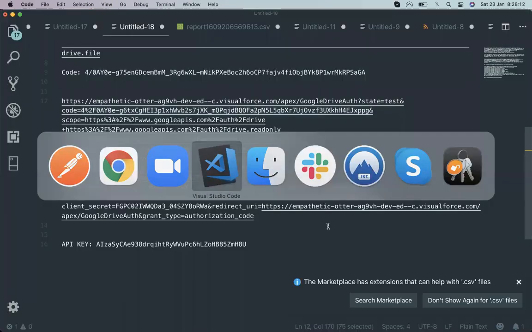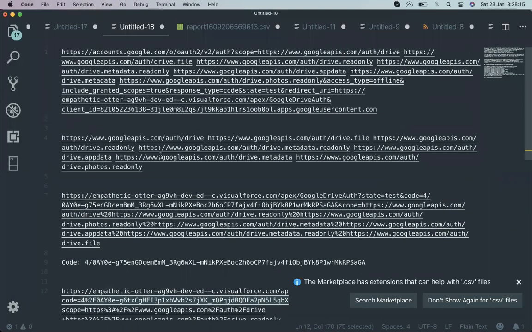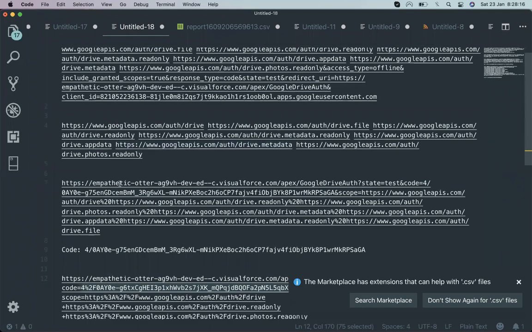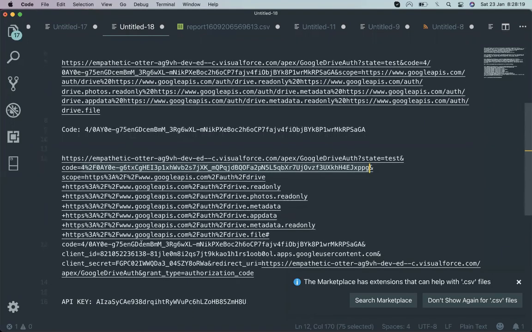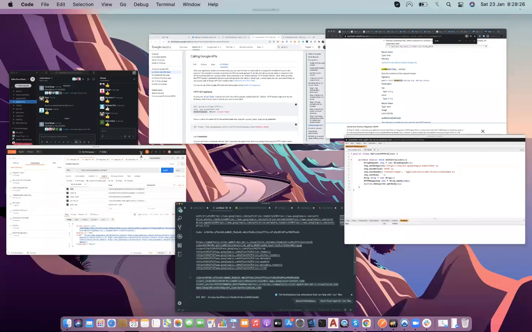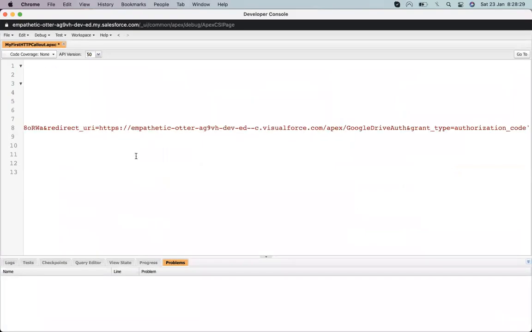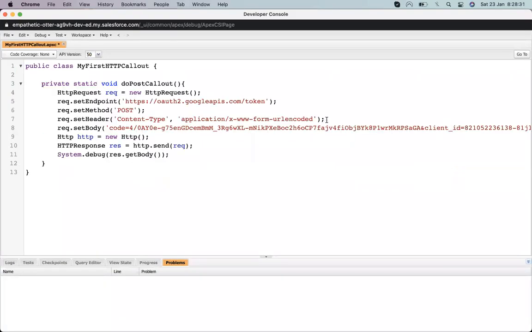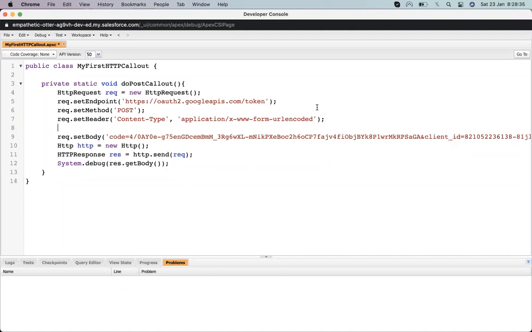Or I created the body up here. Where is that? Where is my code and all those things? Here it is. It's getting too long. Just declare a string and separate something like that.